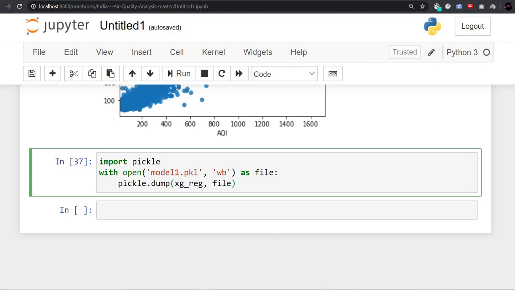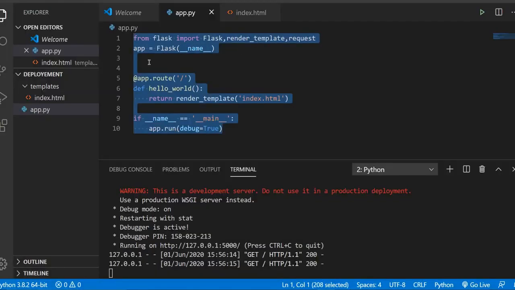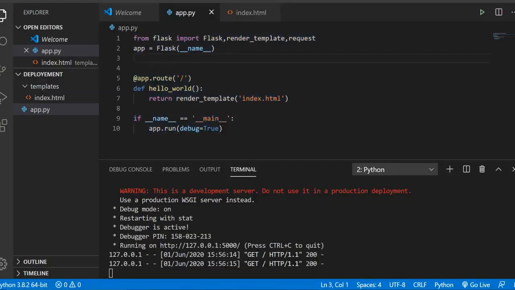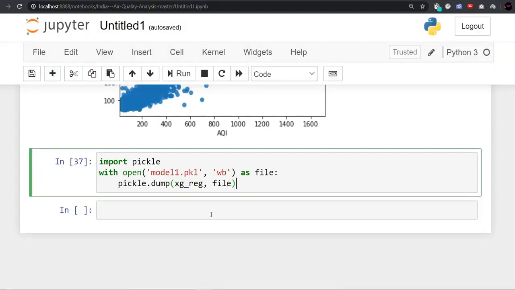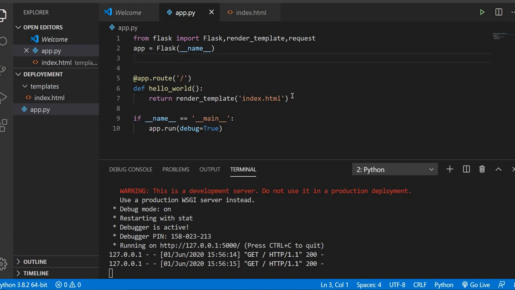In this folder, in the next video, I will tell you that here we have written and stored the value. Now we will have to retrieve the value. Using the read binary command we can retrieve it. Here we will use this form, give the input values, and then we will get the predicted value of AQI.